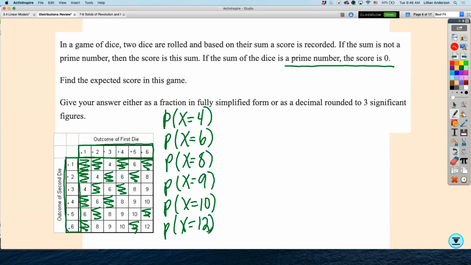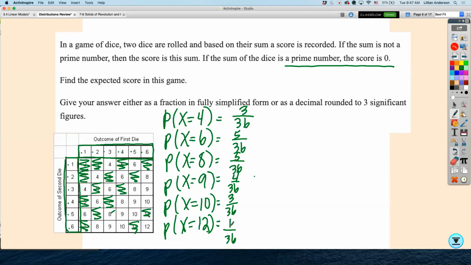First off, when you roll 2 die, how many outcomes can you have? 36. How many times does the sum of 4 show up? 3 times. What about 6? How many times does 6 show up? 5 times. How many times does 8 show up? 5 times. How many times does 9 show up? 4 times. And 10? 3. And 12? 1. If this is truly a probability distribution,